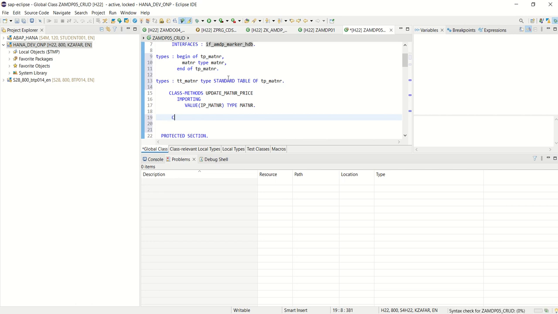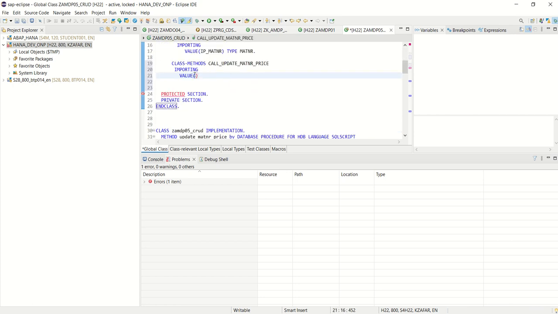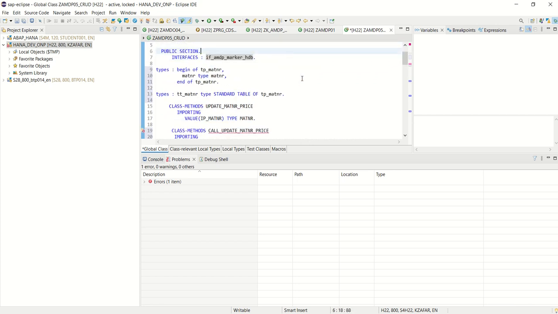So this time, class methods call_update_matnar_price. Here also I am taking a single importing field in the form of a table. This time it_matnar of type tt_matnar. Okay, the implementation is missing, that I will do. Now before that, what I will do in our first method,